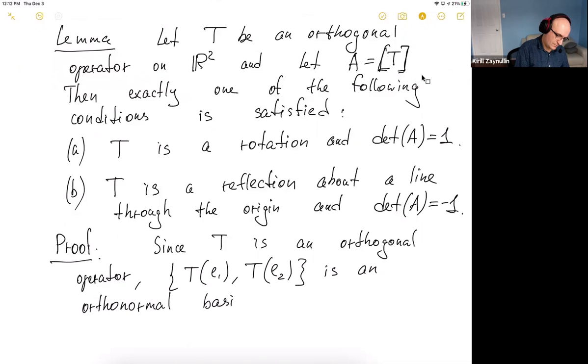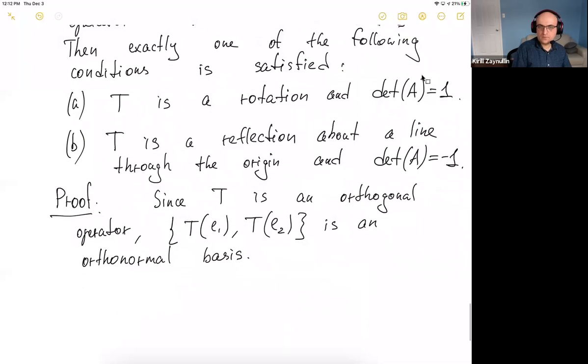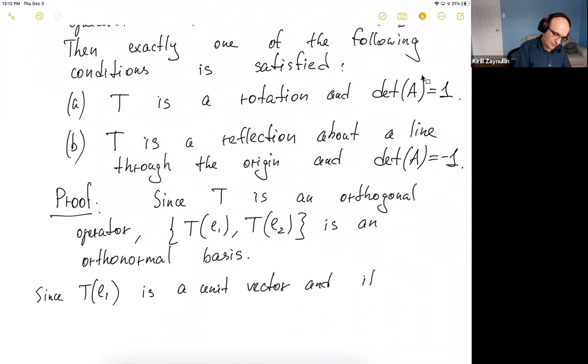Right? Moreover, T of E1 is a unit vector, so it has length 1 because it's an orthonormal basis. And since T of E1 is a unit vector, and it is orthogonal to T of E2,